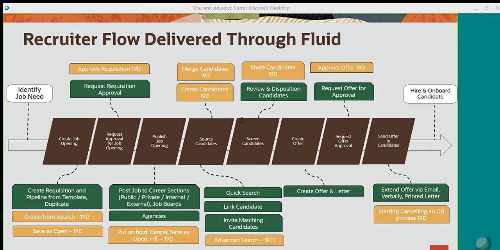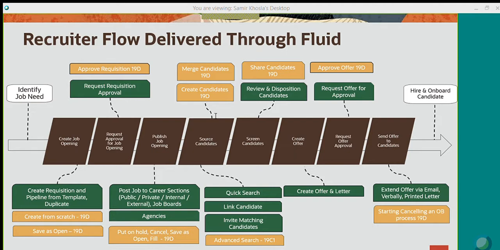So if you are an organization that doesn't use templates or occasionally need to create a requisition without a template, that feature of just being able to create a requisition from scratch will now be there in 19D. The other feature, which is if I'm not yet ready to fully get the requisition ready to send to approval or post, I can just create the requisition and save it as an open item and then come back to it later. We've always had approvals through our eShare Center,